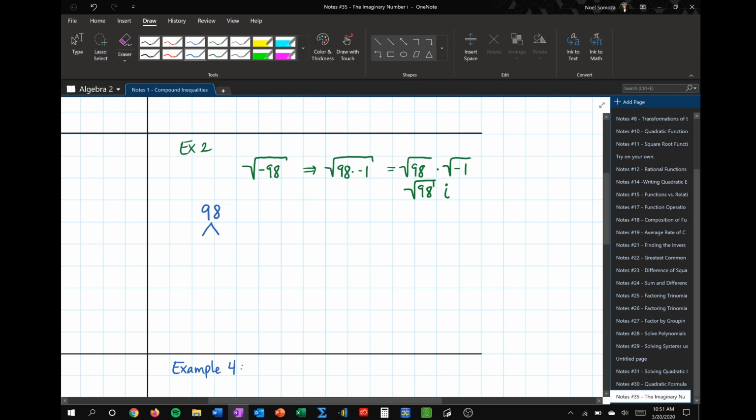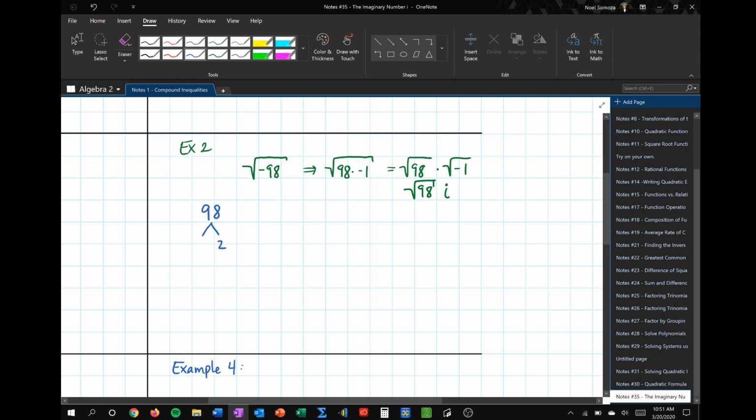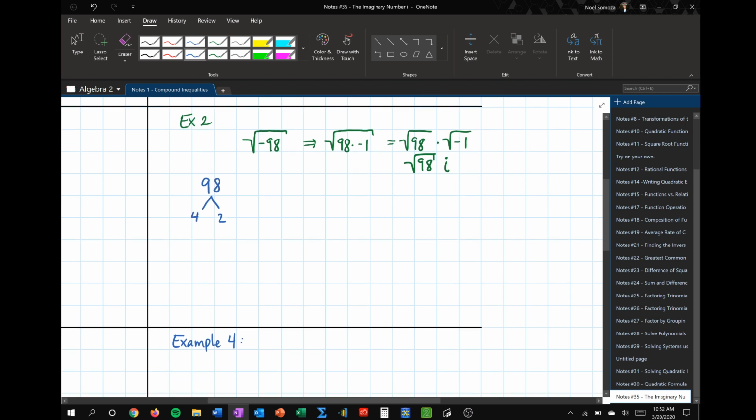What are the numbers that I can multiply to be 98? All right, well, if you ever get stuck, you start with the smallest numbers that you can think of possibly. So for example, 98, that could be 2. You could divide it by 2 because it's an even number. So if you divide by 2, then the leftover would be 49. Then you look at 49, right? Because you've already factored down 98,